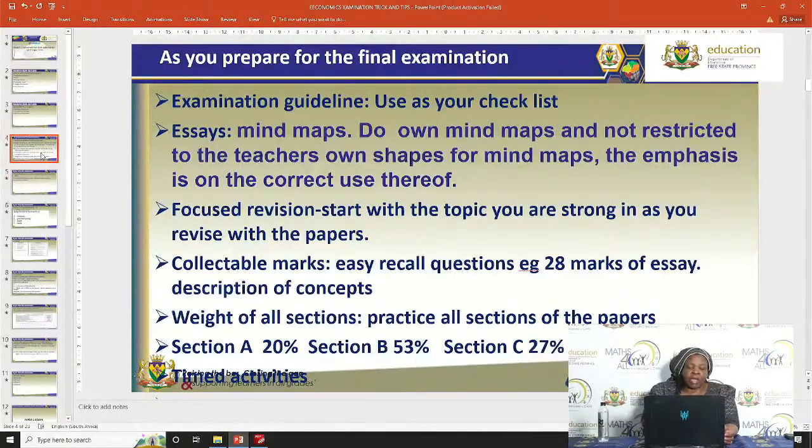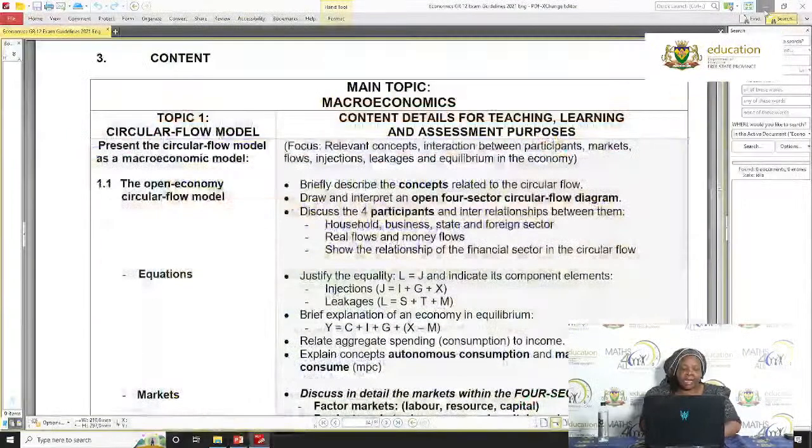When you look at the examination guideline, I cannot really overemphasize its importance. At this point in time, you must actually use your examination guideline as your checklist. What do I mean by examination guideline as a checklist? Let me just go to the examination guideline itself and say this is the content that we have in economics